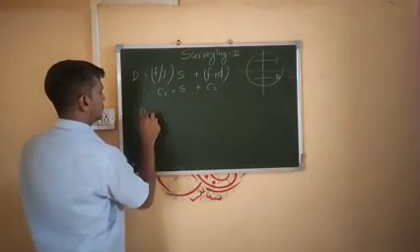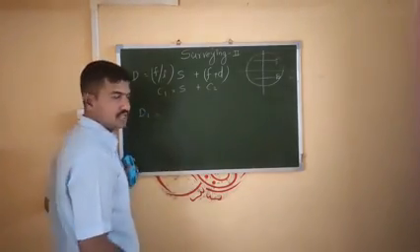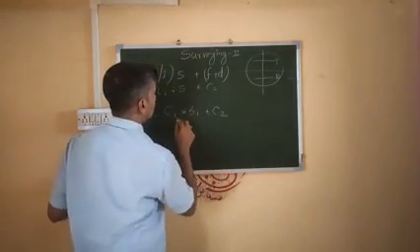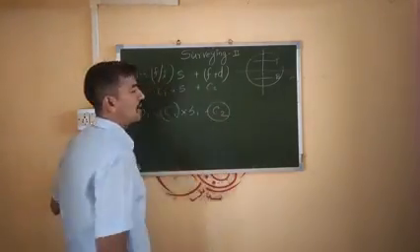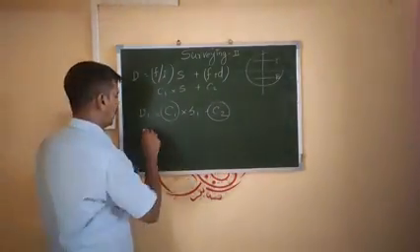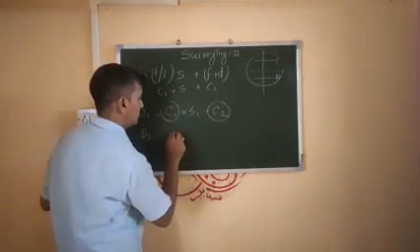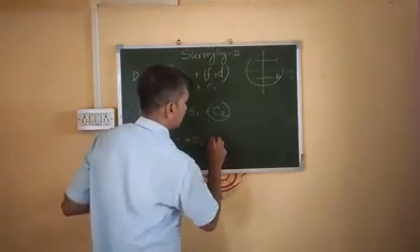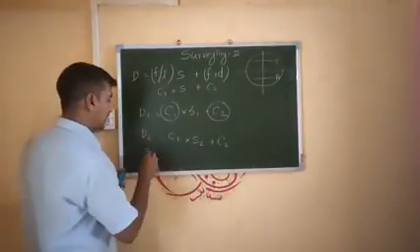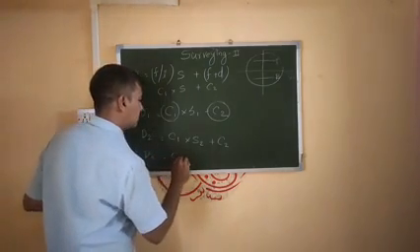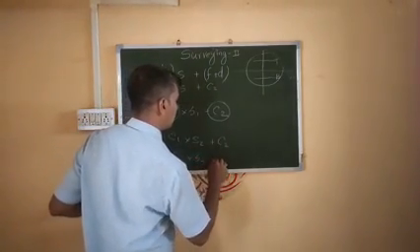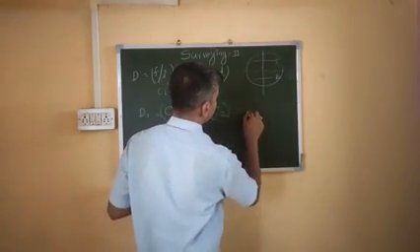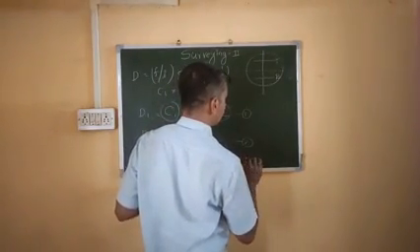Say the first equation is D1. D1 is known to us. It equals C1 multiplied by S1 plus C2, where C1 and C2 are unknown. On the same line, D2 equals C1 multiplied by the second staff intercept plus C2. Repeating the same for the third equation, you will get C1 multiplied by S3 plus C2. So we have got three equations. Say this is equation number 1, equation number 2, equation number 3.